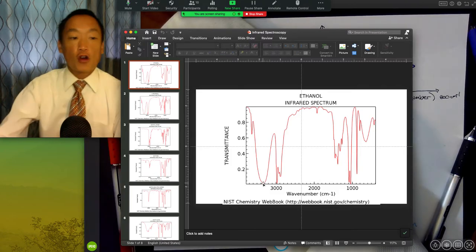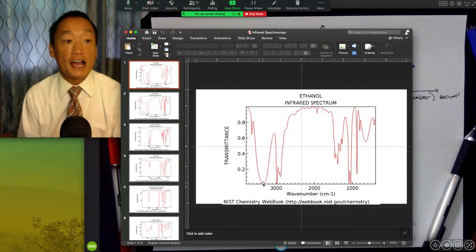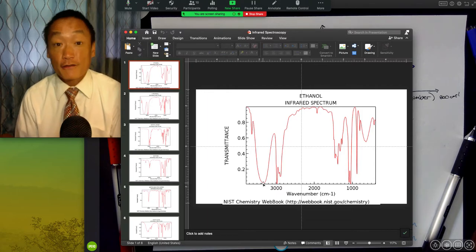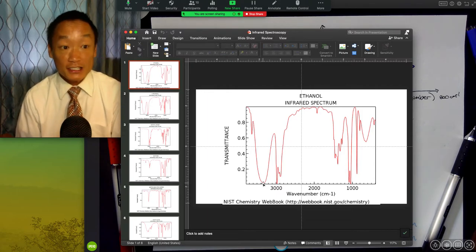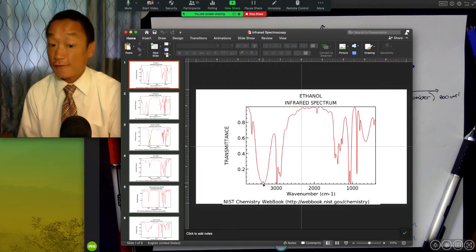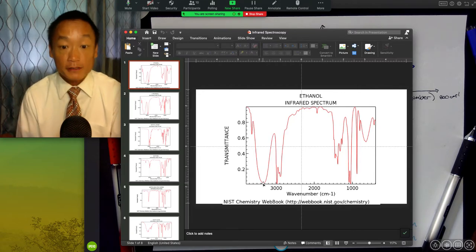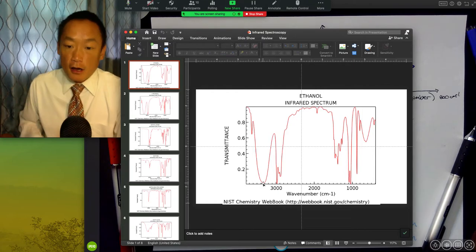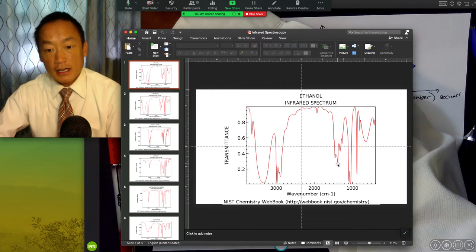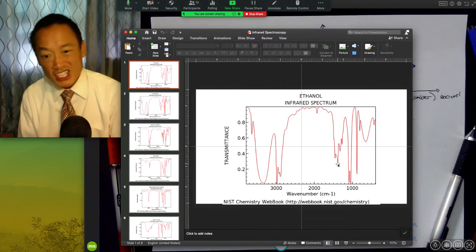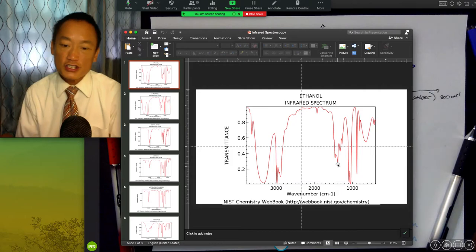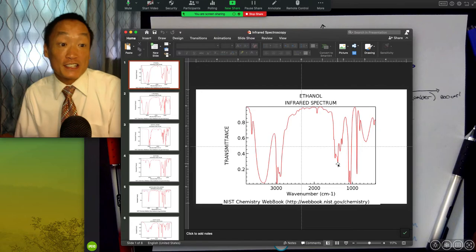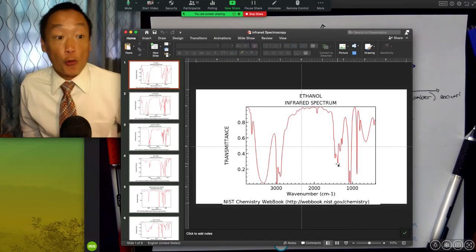This 3,400 out here, it turns out that the oxygen-hydrogen bond gets insanely excited by a 3,400 wavelength of light, and it starts to go crazy and vibrate back and forth incredibly fast when it encounters that wavelength of light. Out here at 1,800-ish, 1,600-ish, I guess, 1,400-ish,